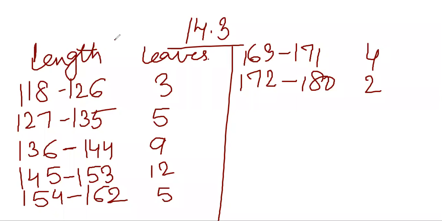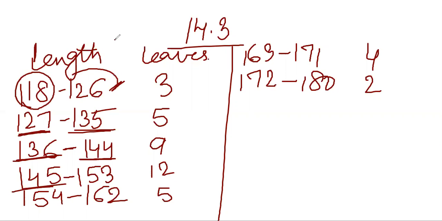Now what will we do in this question? You can see it's not given in continuity, so how can you make the graph? See, the upper limit of the previous interval and the lower limit of the next interval should be the same. Here there is 135, then 136, 144, 145. How can you make it the same? First, you will make the intervals continuous, then you make the histogram the same way. You take 118 and 126 in the group: from the lower limit you subtract 0.5 and to the upper limit you add 0.5.